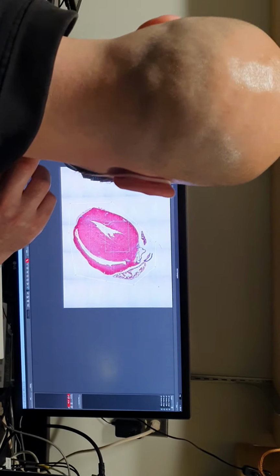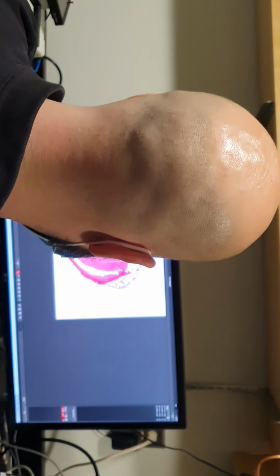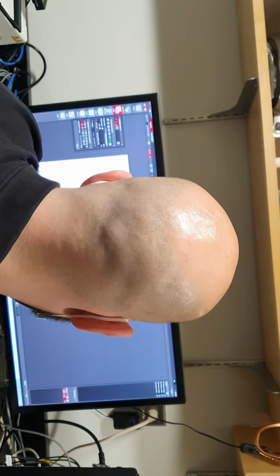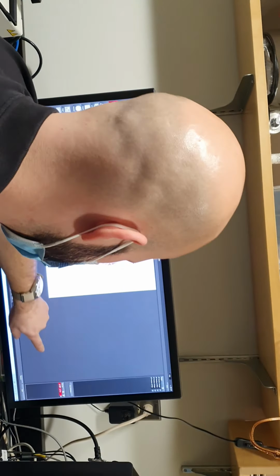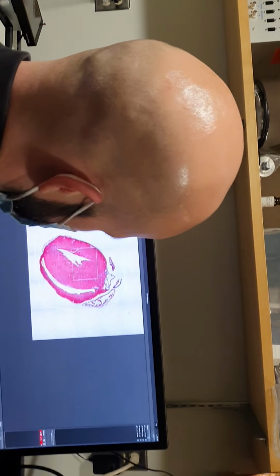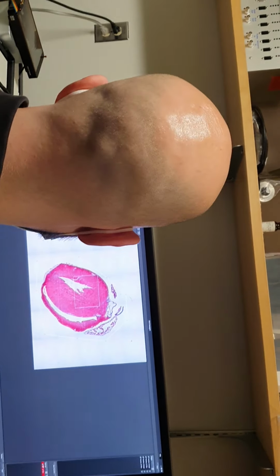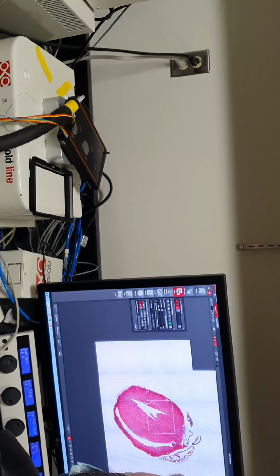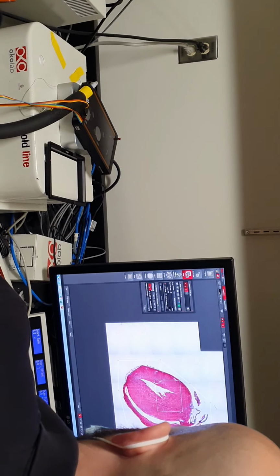And now, say we've used the 5x objective to find and define our region, and with the 5x objective, it's telling us it would take a 3x4 grid of images, and so what it's telling us here in the tiles is the total number of fields. But say we actually want to do it with a higher magnification objective, all we have to do is just click on which objective we want to use,